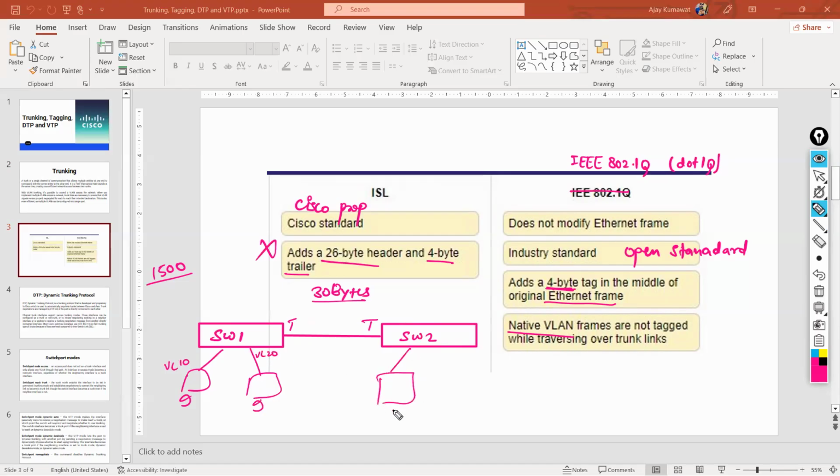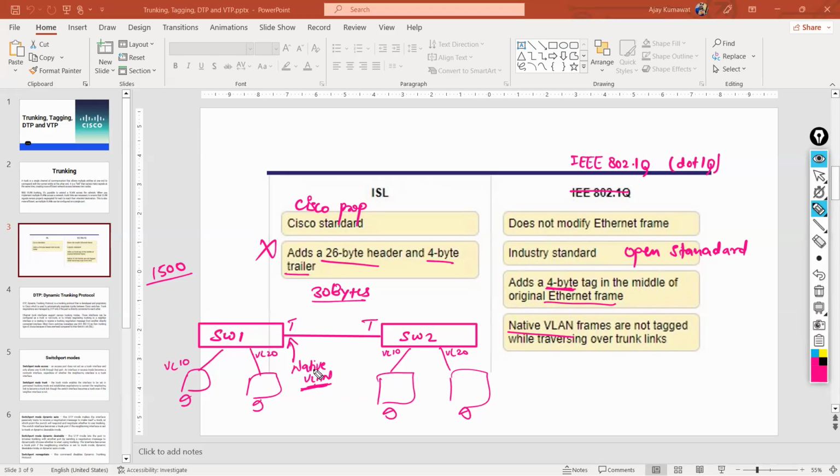Same here, VLAN 10, VLAN 20. So on a trunk port, you can configure something called a native VLAN. That means you can tell the switch that whatever VLAN I configure as the native VLAN,